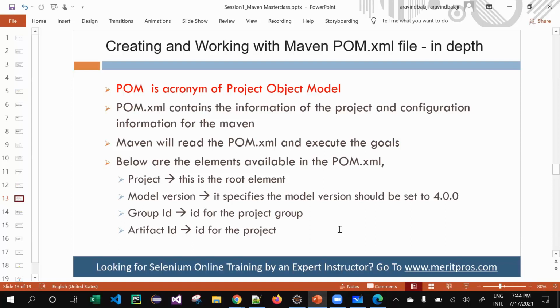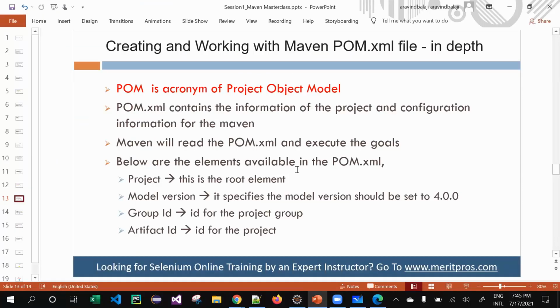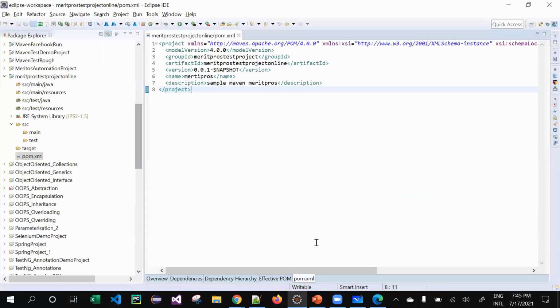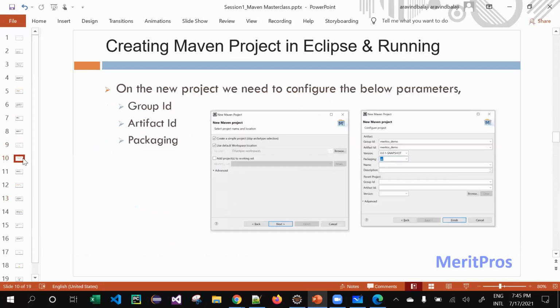Below are the elements available in your POM. As you can see in the POM structure, we have the model version, group ID, artifact ID, version, name and description. Since the name and description we have not mentioned over here, don't worry about it. In the first slide, let me refresh it for you, where the name and description come from.